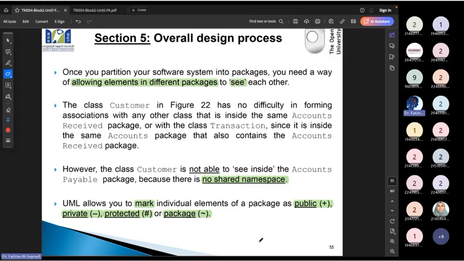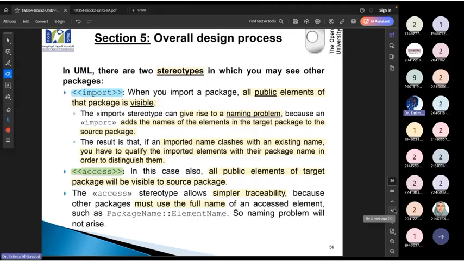That you already, sorry, that you already studied before, which is when we have it as a plus, it's public, everyone accesses it, private, protected as a hash, and to show it as a package is like a tilde. An important part of the packages is the stereotype.